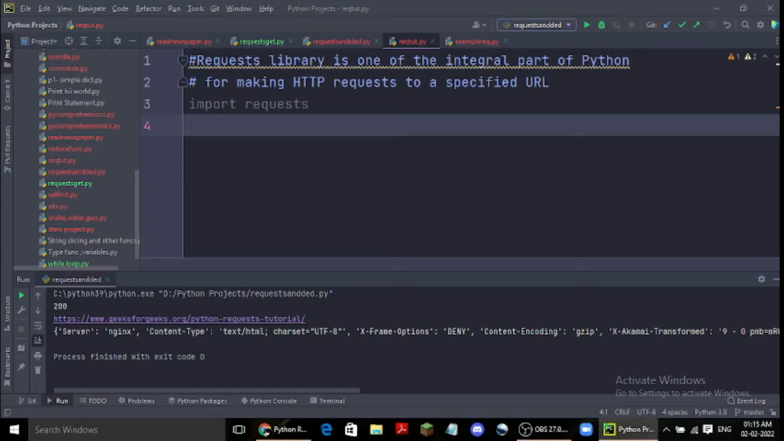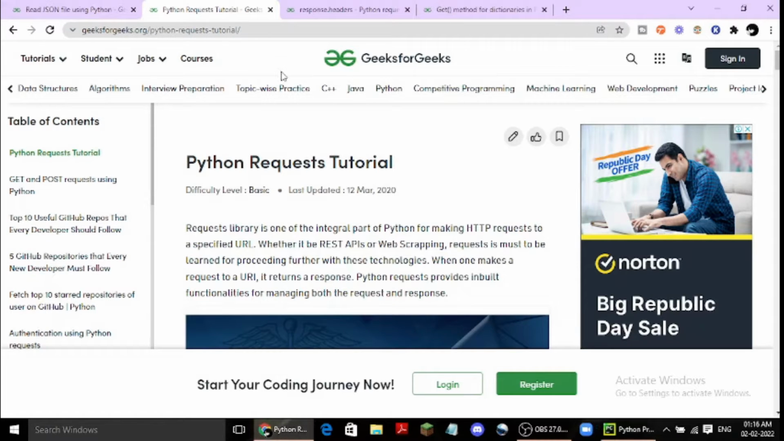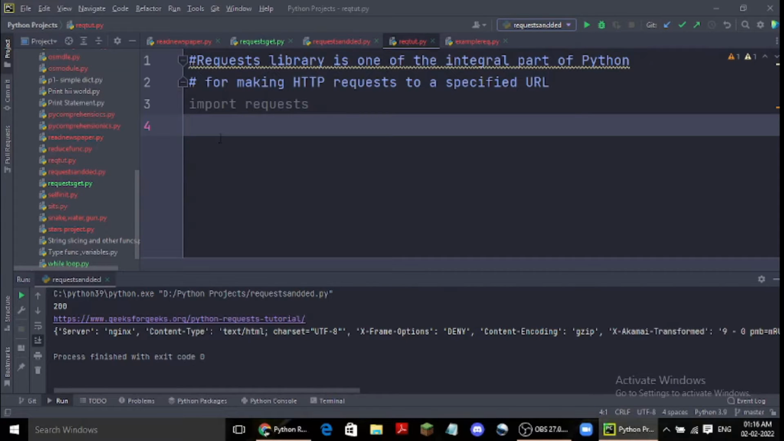Now there are various methods. Every page has a URL, right? Suppose we want to do some work with that URL, then there are some methods. The first method is get, to make a get request. Suppose we want to know what is there in this page through our program. What we will do is